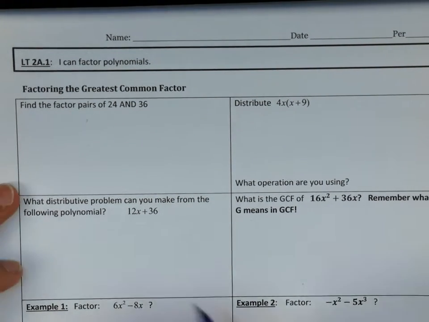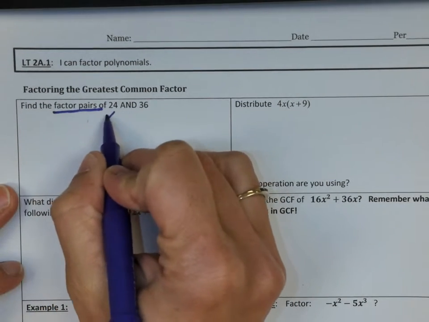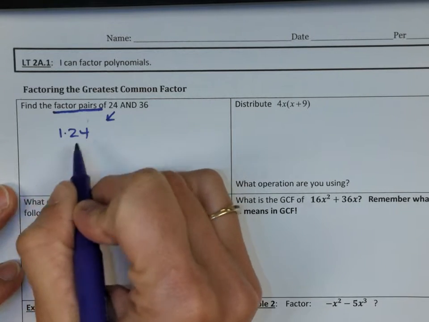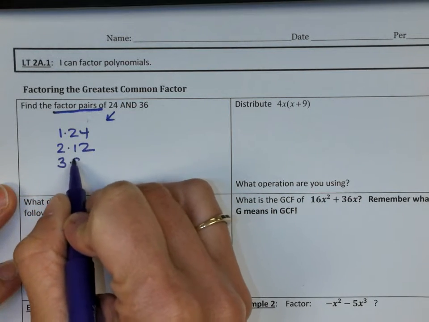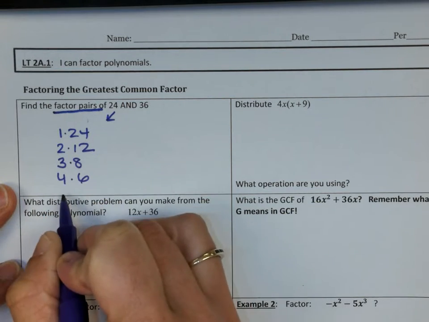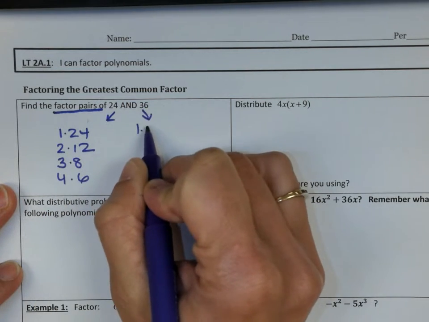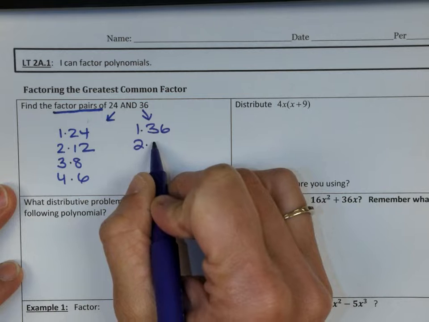All right, so find factors. So we're looking for factors. We've got 24 is 1 times 24, 2 times 12. We know it's going to be 3 times 8, 4 times 6, and then 36, 1 times 36, 2 times